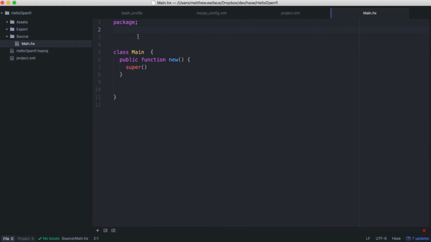You probably have an import statement up here, and you probably have something like extends Sprite right here. You want to get rid of that. So let's get rid of that, and then I'm actually going to paste in some code, and it's going to